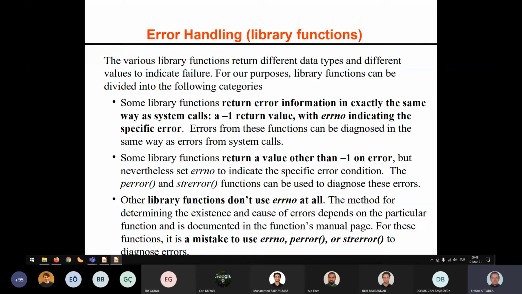The errno is always set by a system call, but if it is not set by the library function, then you must make sure that you have checked its manual pages in order to figure out how it behaves in the case of an error. You need to make sure that there is no leak left. And by leak, I mean unchecked error situation, not a memory leak. Of course, you must also check for memory leaks, but you must make sure that there is no unchecked error